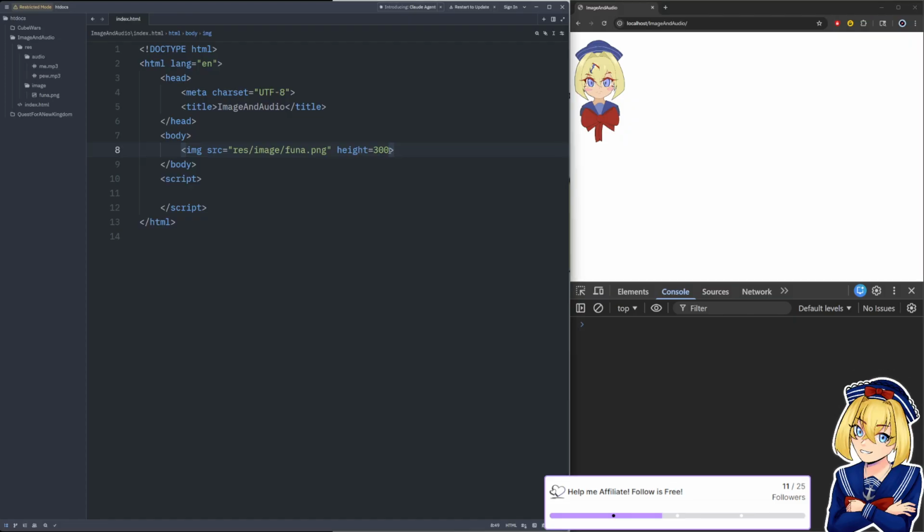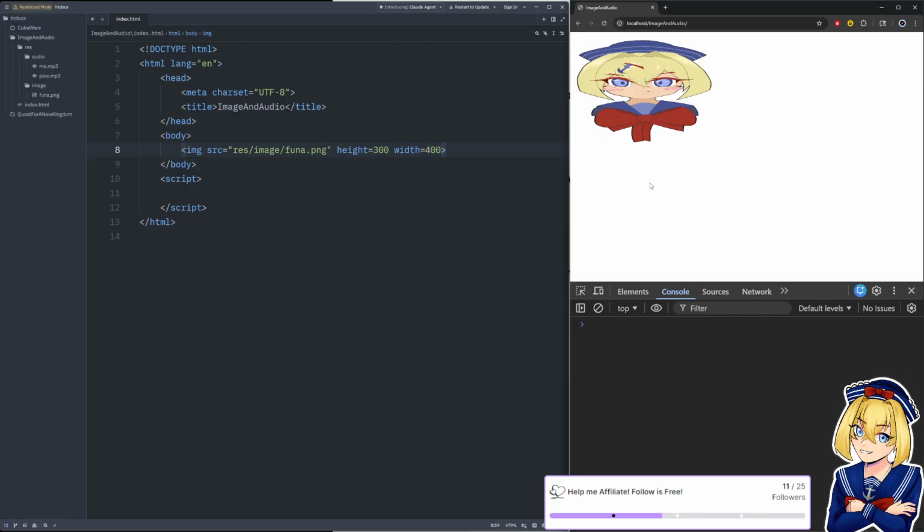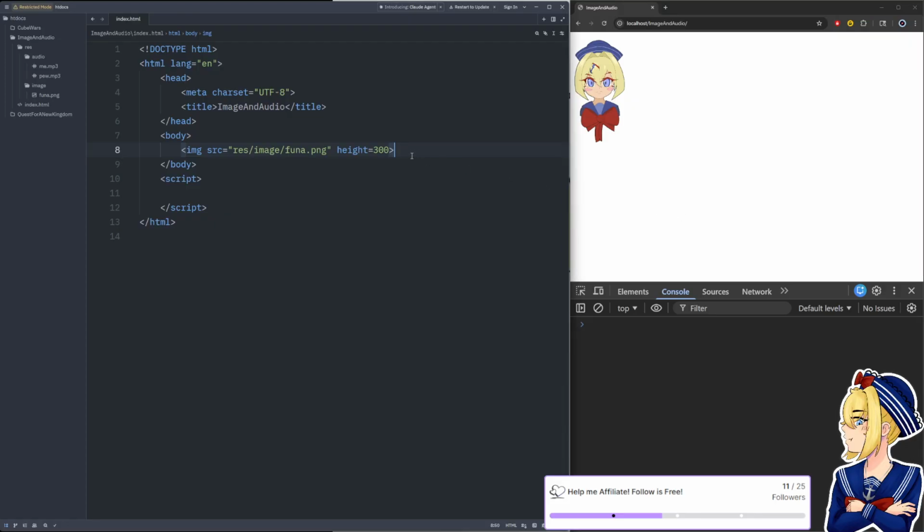But if you say the height is this and the width is this, then it's going to stretch Funa-chan. So it will try to maintain the aspect ratio as much as it can, unless you give it some kind of attribute that breaks that rule. Then it'll give up and it will do whatever you told it to.